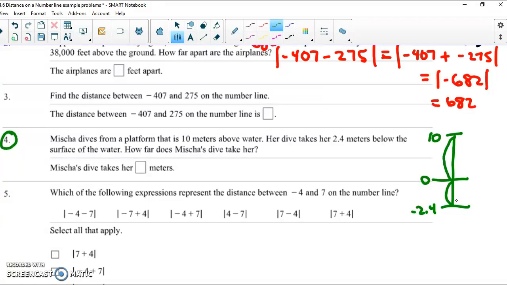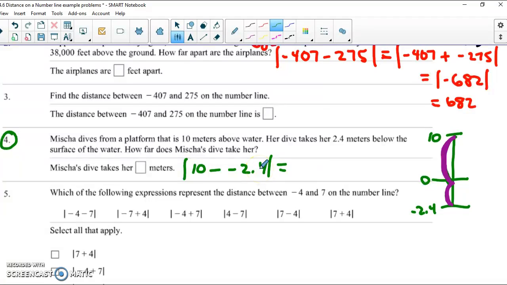So to show this mathematically, I could take the absolute value of 10 minus -2 4/10. Or if you're thinking of it simply on the number line, you know that she's diving 10 meters because she started 10 above the water, and then she went another 2 4/10. So essentially, I'm going to add 10 plus 2 4/10. But as I look at my expression, I'm doing the absolute value of 10 minus -2